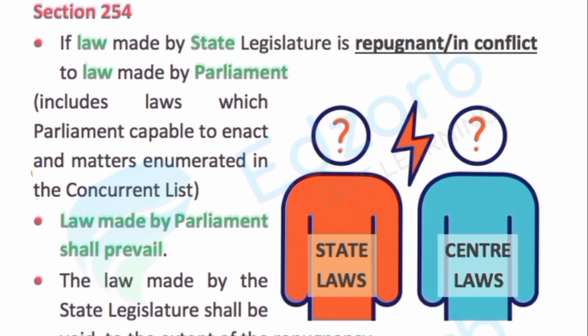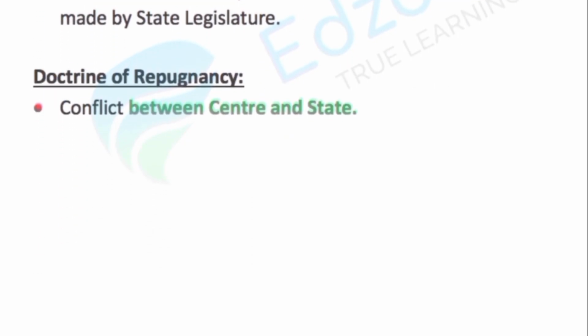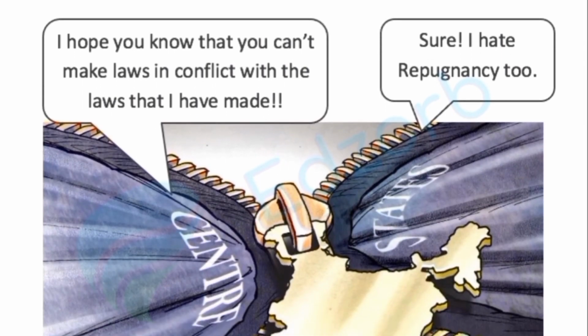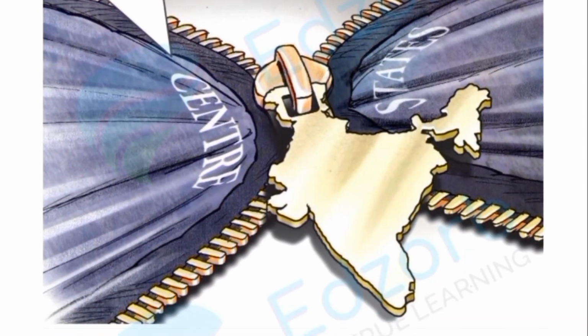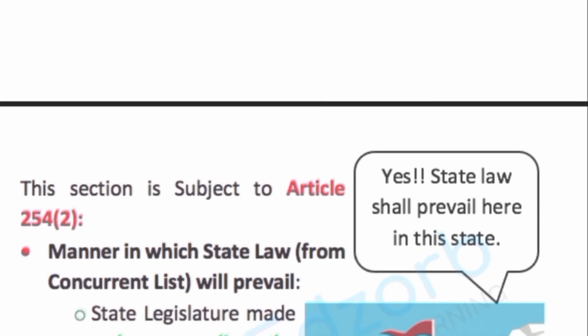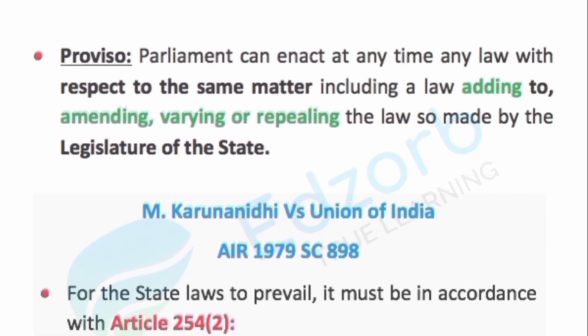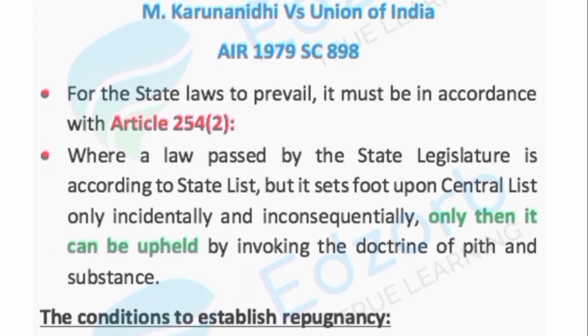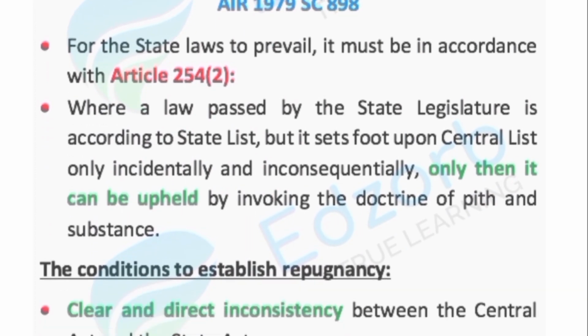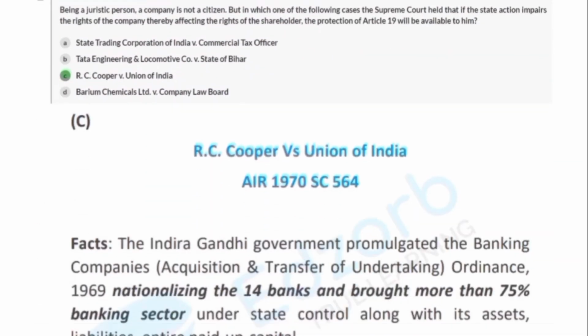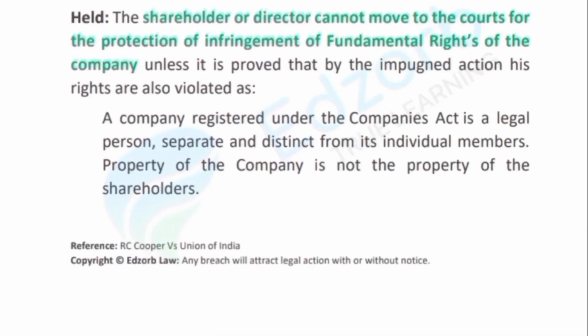Now repugnancy, as you know, pertains to the conflict of lawmaking between the center and the state. So this particular case law here concerned itself with the Tamil Nadu Public Men Criminal Misconduct Act 1973, which in fact was found to be supplementary to the Indian Penal Code and the provisions in question.